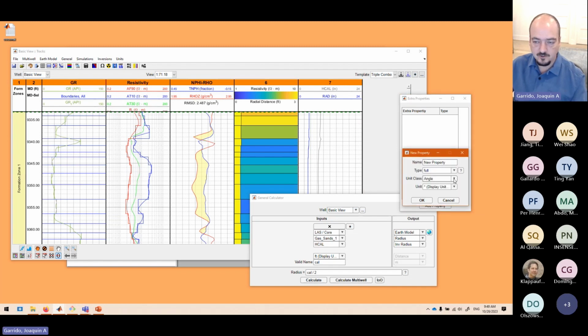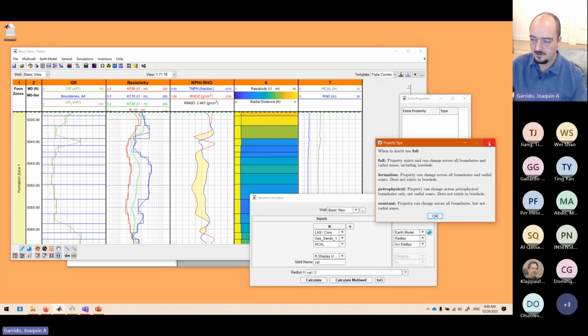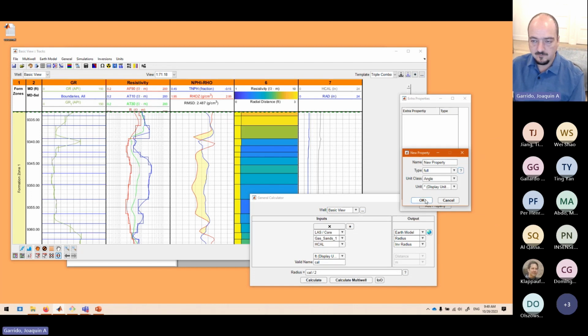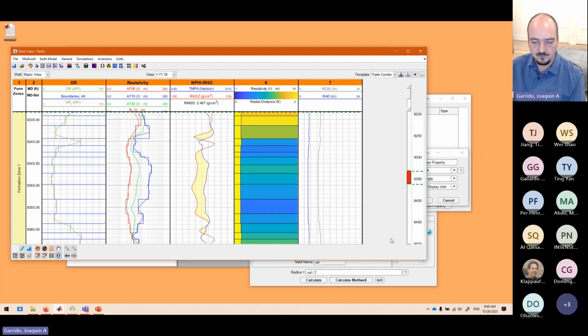What is the name? What are the units? The type. If you forget the types, we have help for the types, which is what we were talking about at the beginning during the first talk. And you just say okay. Okay, and now you have an extra property that you can use or you can use to visualize or any of the other